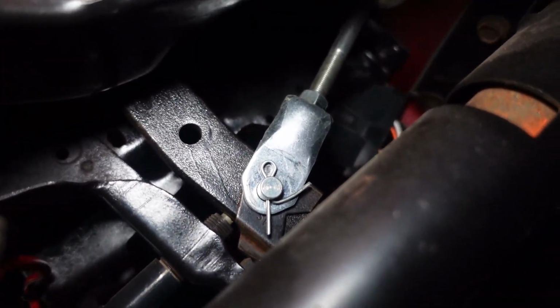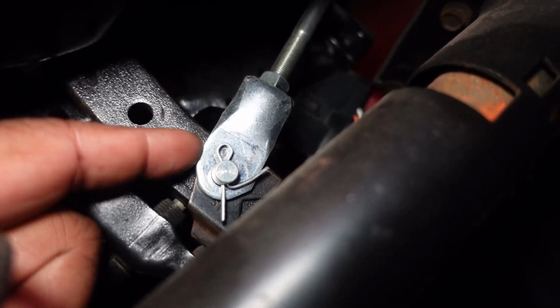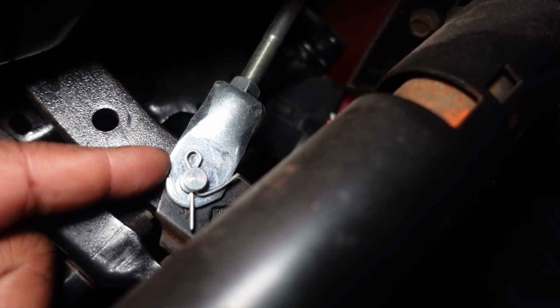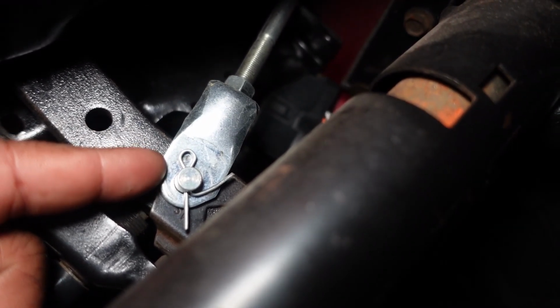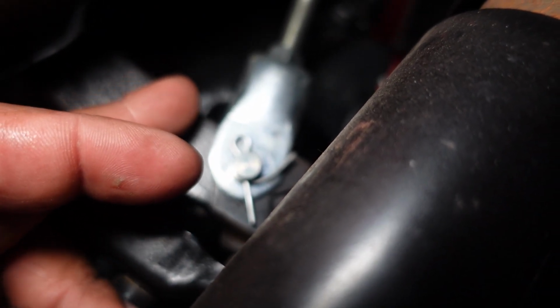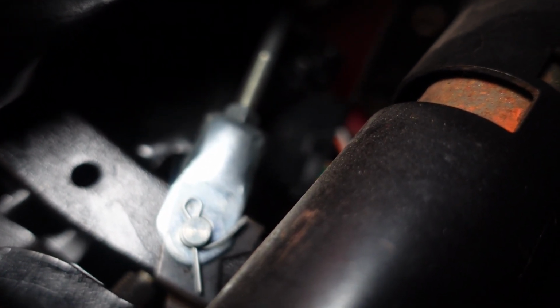So you see this component right here? This is our clevis that is attached to the back of our booster. This right here is activated when you press your brake pedal. It is connected to that. So when you press your brake pedal, you move this in, and then that transfers vacuum from those diaphragms inside your vacuum booster. So we're gonna pull this cotter pin out, then remove this pin, and then